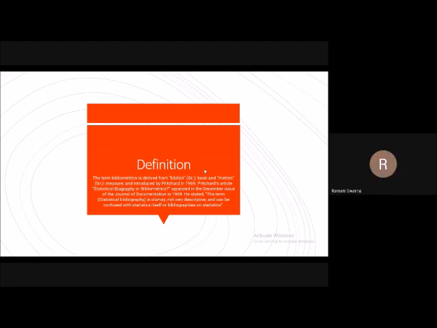Wonderful. The term bibliometrics, if you can see, has come up, and they have made it very clear that it's a Greek word. You are able to see that it comes from biblion, which means book, and metron, which means measure. It was in 1969 that Pritchard wrote this particular